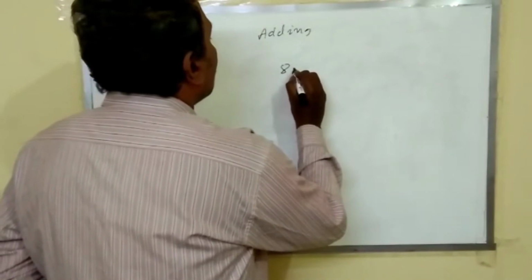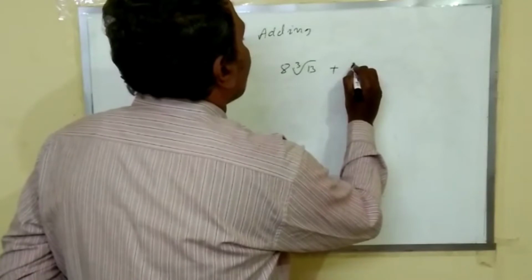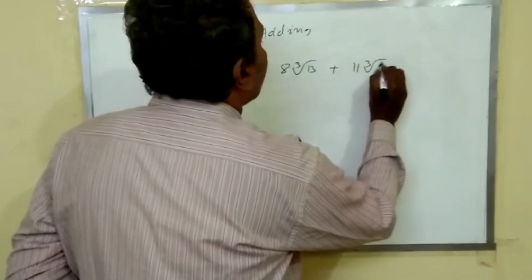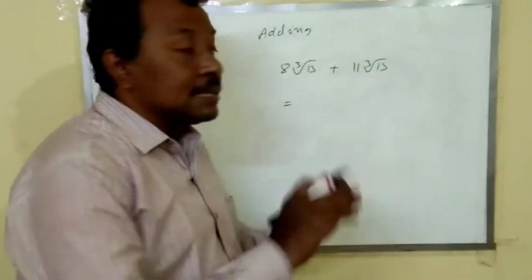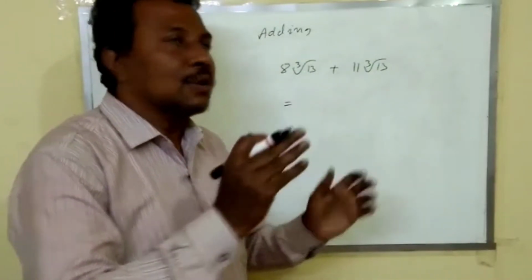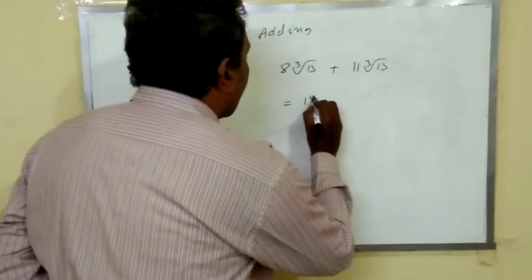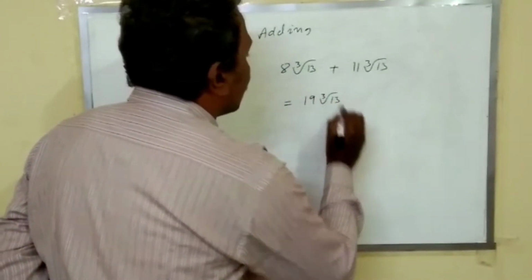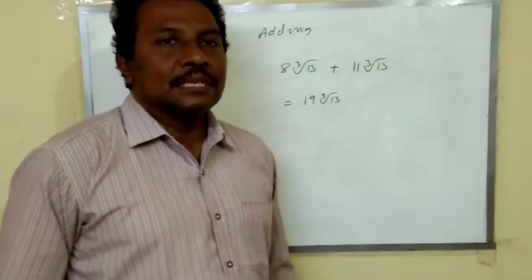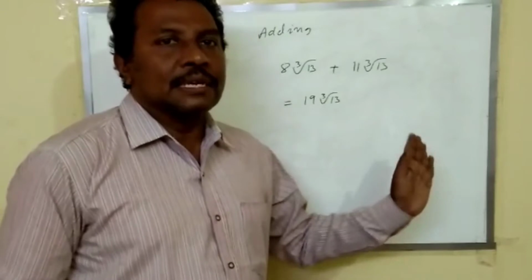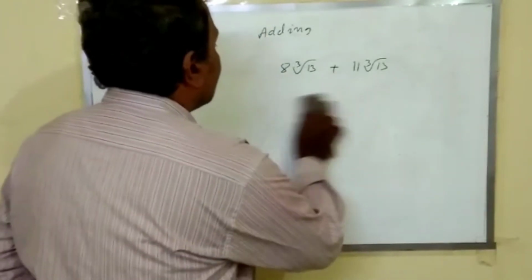8 cube root of 13 plus 11 cube root of 13. 8 cube root 13s plus 11 cube root 13s. Total 8 plus 11. 8 plus 11 is equal to 19 cube root of 13s. There are 19 cube root of 13s. Just like what I said. In the same manner, 19 cube root of 13s. So